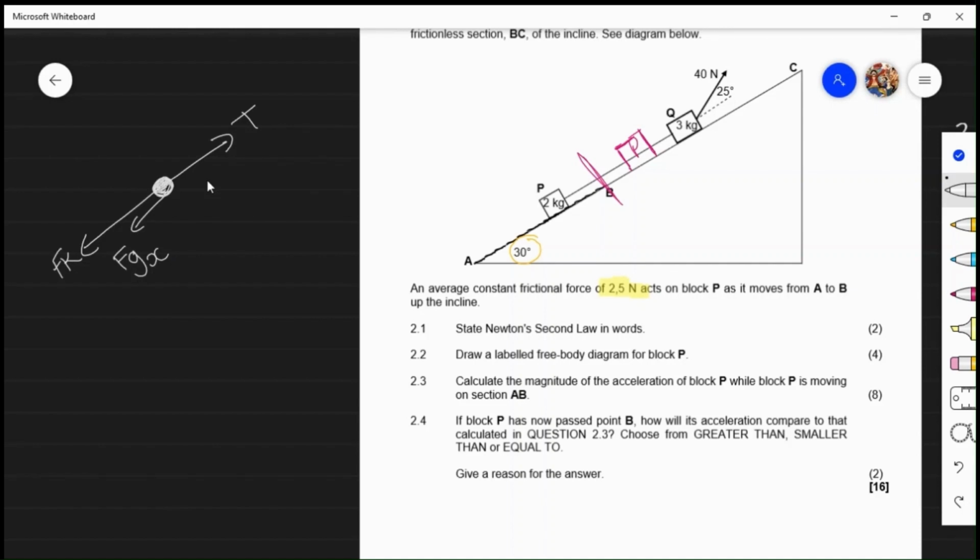But if we were to remove kinetic friction from this free body diagram, we would then have one less force pulling our object down the incline, which means our object will be able to accelerate at a greater acceleration up